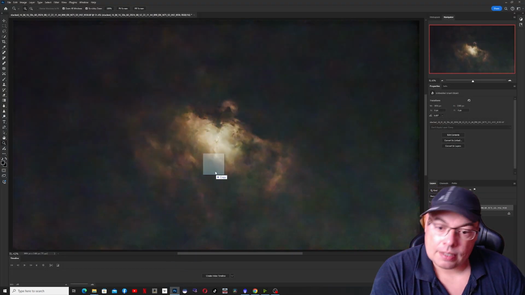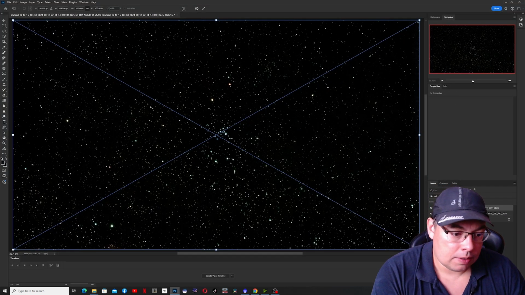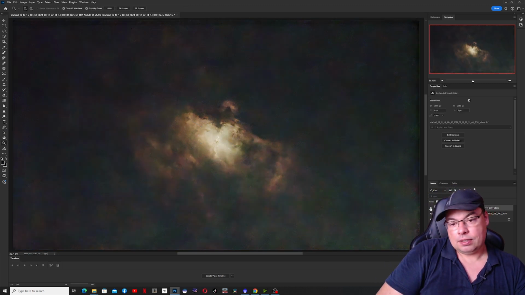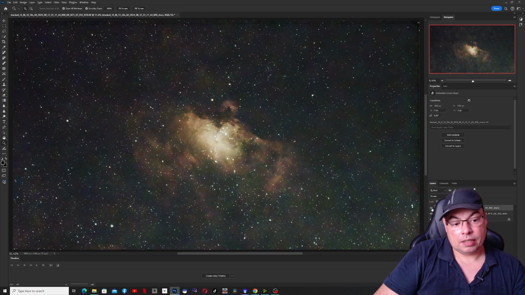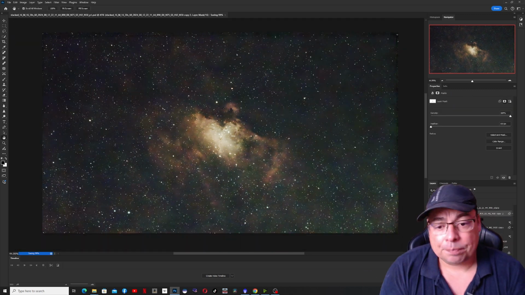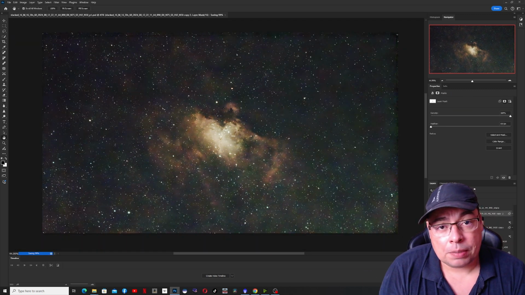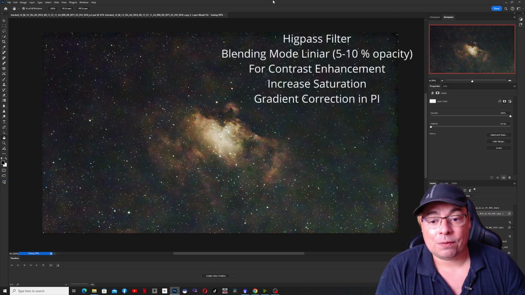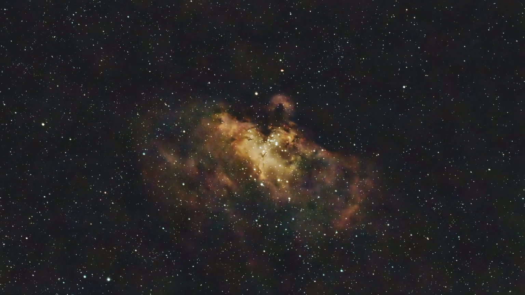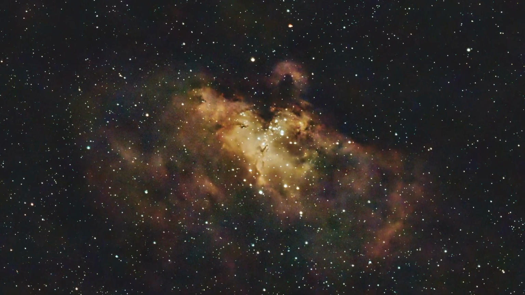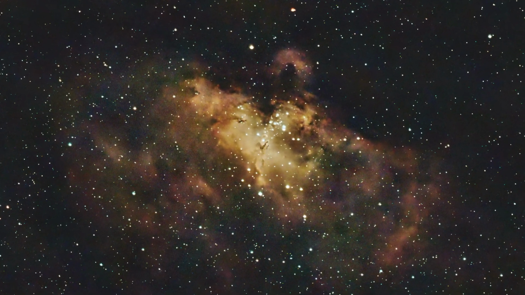Now I'll place the stars here on top in Photoshop and select here mode screen, blending mode, and press apply. And you see we can play and process more this image without affecting the stars. Now we place the stars back in Adobe Photoshop, increase the contrast a little bit with a high pass filter, and this is the result. We do not have too bright stars, and we do have a nice image with Messier 16 captured with the